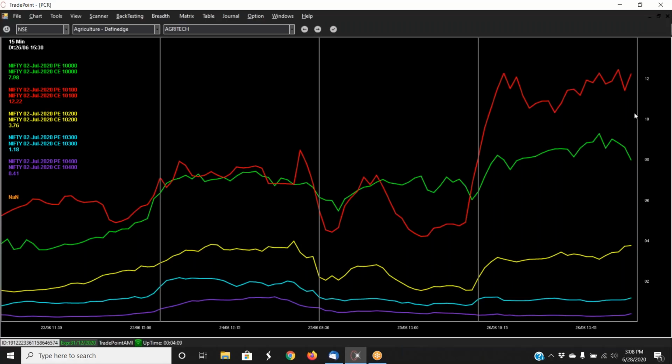So on any day when Nifty closes below 10,200, that can be a good place to go short, because 10,200 right now is a good support. If that is broken, Nifty can go further lower, though the 10,100 and 10,000 put call ratios are quite strong. 10,100 is 12 and 10,000 is 7. But it will be very interesting to see, if Nifty closes below 10,200 on any day, what happens to the put call ratio on the lower strike prices. That will be something interesting to watch.